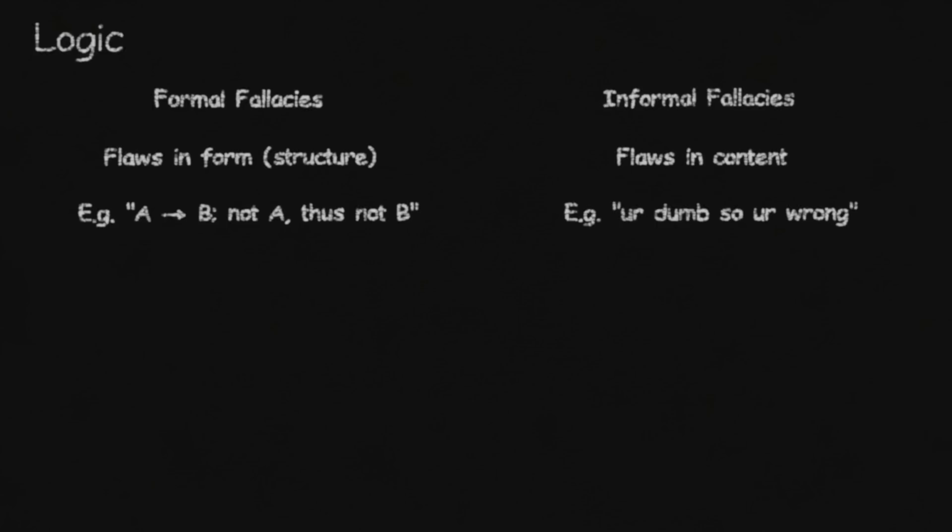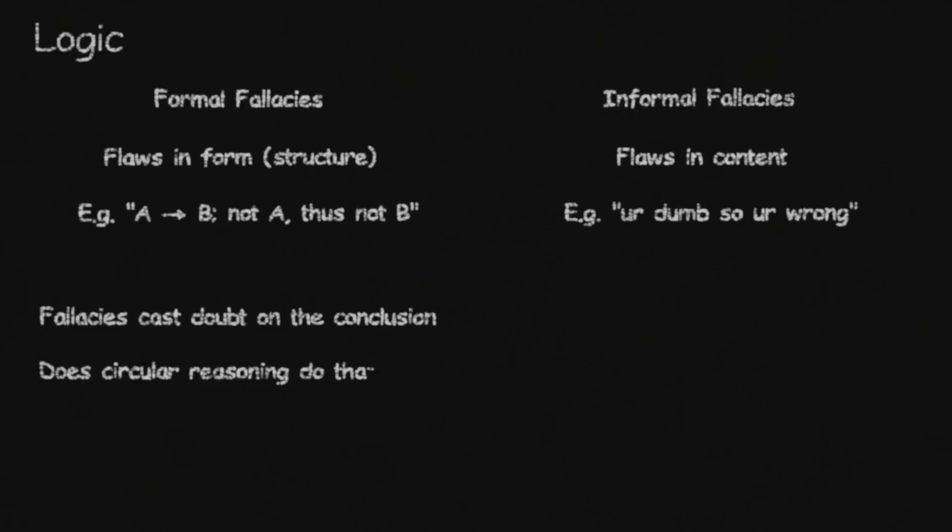Diving into why these concepts are relevant here, let's start with logic. More specifically, let's start by acknowledging that logic can be further divided into various subcategories, of which we really only need to talk about formal and informal logic, because logical fallacies are said to either belong to formal fallacies or informal fallacies. Formal fallacies are flaws in form. Informal fallacies are flaws in context or content. In either case, a valid or cogent argument should tell us that something is true or likely true. This means that something is a logical fallacy when, due to a flaw in its form or content, it fails to prove a conclusion. So the question becomes, how does circular reasoning fail to prove a conclusion?